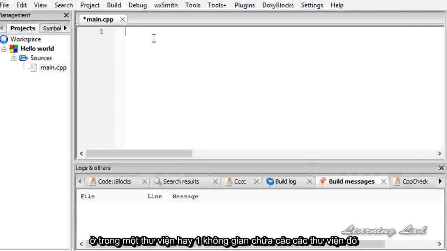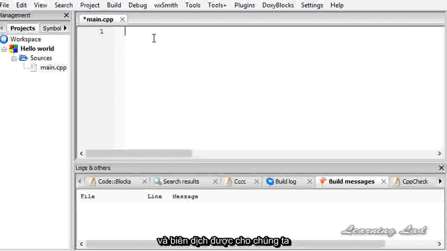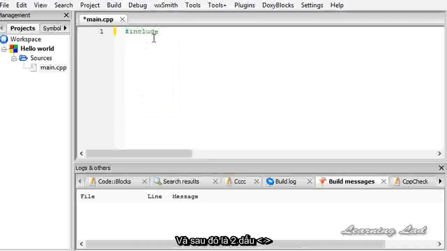So to include a file in a C++ program, we're going to use something called a preprocessor. A preprocessor is nothing but a small program which is going to run before the compilation process. And here we're going to use a preprocessor directive called #include. This #include preprocessor directive allows us to include the library files or the header files in our program. So I'm going to write the pound symbol or the hash symbol, and then include, and then between the less than and greater than symbols, I'm going to write